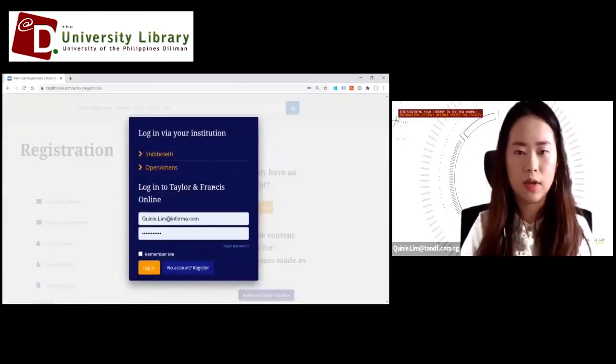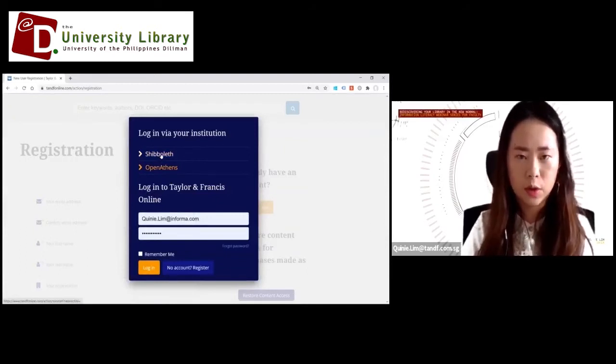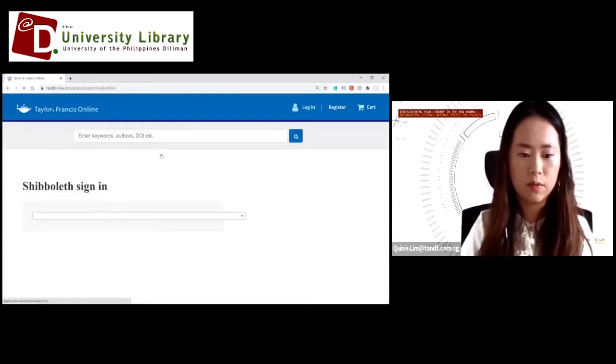So for me, I already have an account. I'm going to log in. There's also this single sign-on service on the top here. If you can see, if we click on one, Shibboleth,